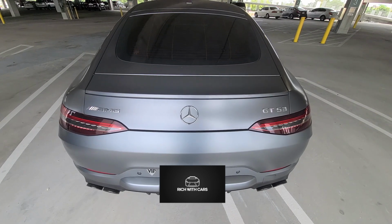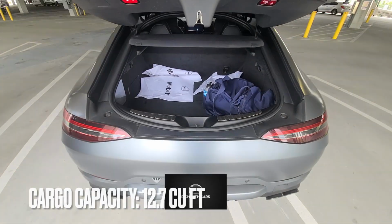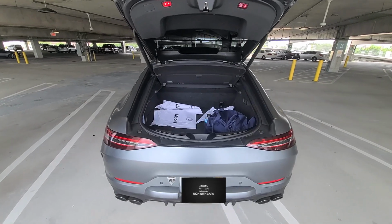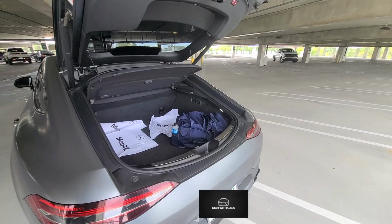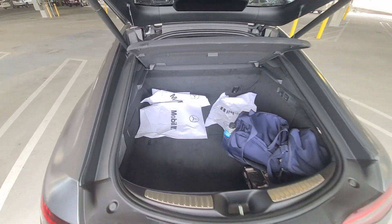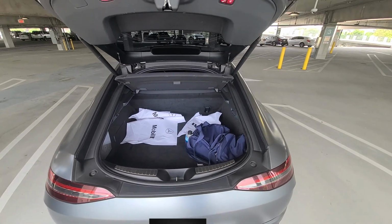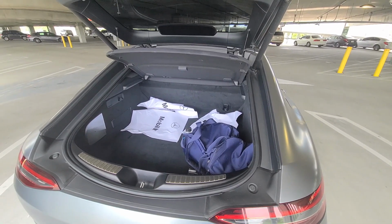I'll show you guys on the screen the volume of the trunk. I love the fact that you have a trunk that is a hatchback style. The beauty of the hatchback style is the fact that it gives you additional space and accessibility. When I talk about accessibility, look how large the opening is for this trunk. So it allows you to fit in a lot of different items in there